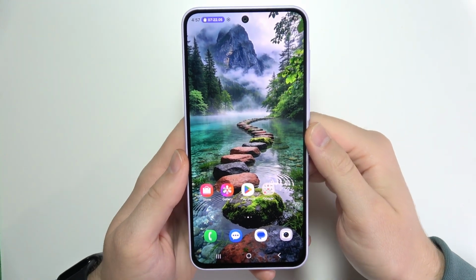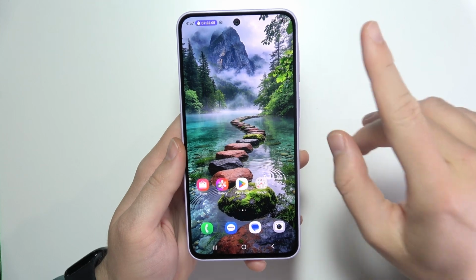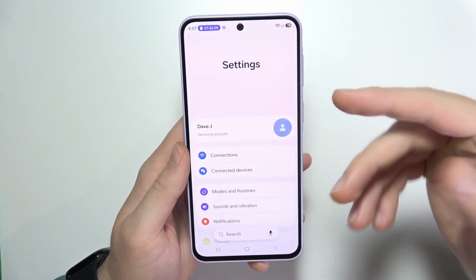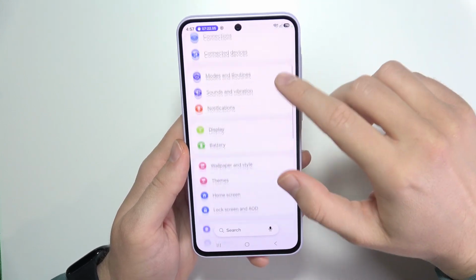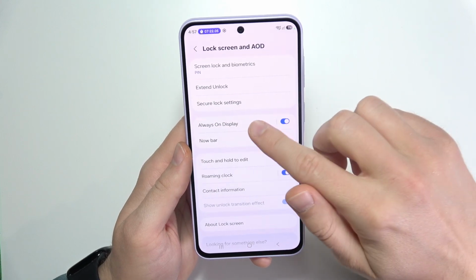Hello, let me show you how to customize always on display on the Samsung Galaxy A57, and I'm gonna even show you some hidden settings that you cannot find in their normal settings. So first, to get this base settings, we have to go for lock screen and AOD,